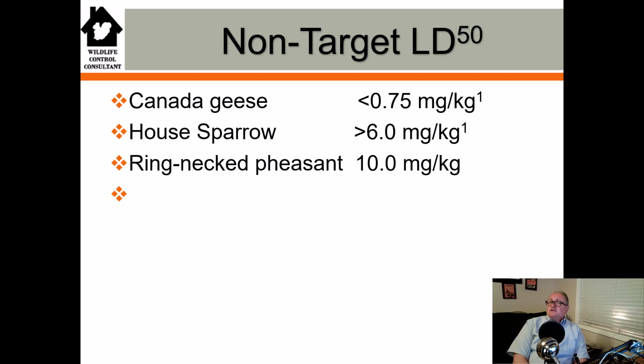So how lethal is Brodifacoum to non-targets? Well, with Canada geese, it only takes less than 1 milligram per kilogram to kill 50% of your Canada geese. That's amazing, right? House sparrow, it takes more than 6 milligrams per kilogram to kill a house sparrow with Brodifacoum. And then ring-necked pheasant, it only takes 10 milligrams per kilogram. So you can see how different species process Brodifacoum in different ways, where Canada geese are highly sensitive to Brodifacoum, where ring-necked pheasant are less